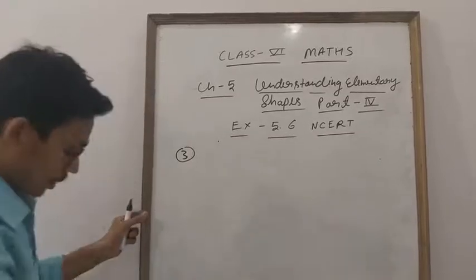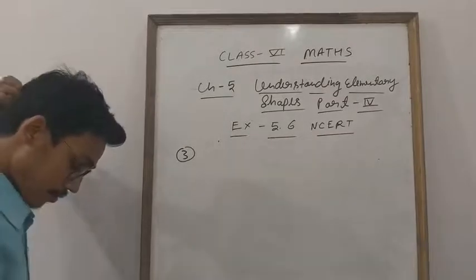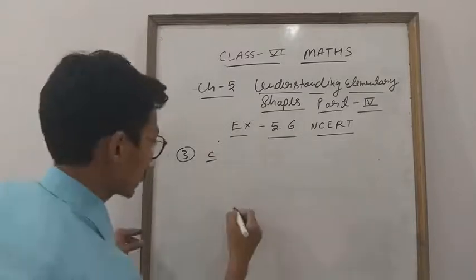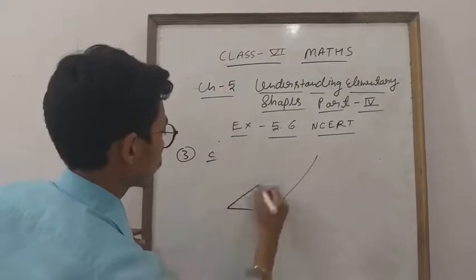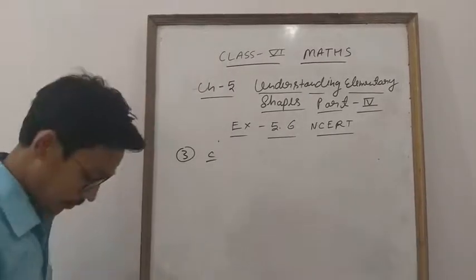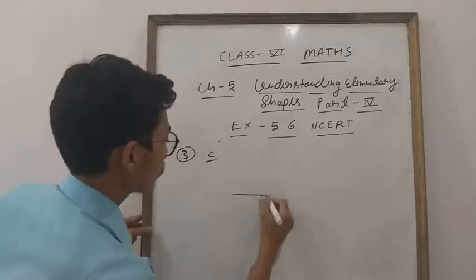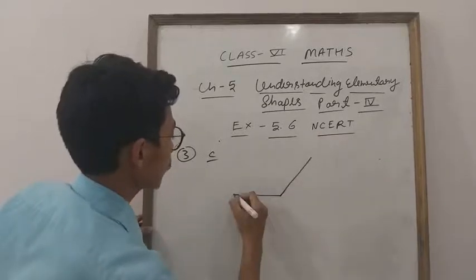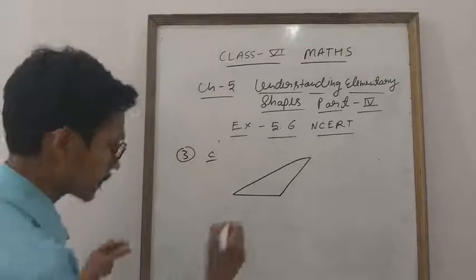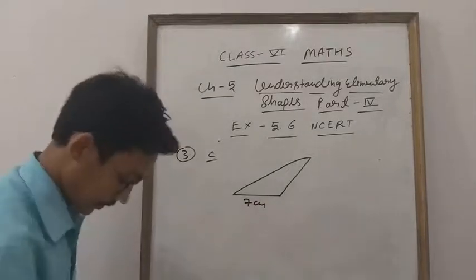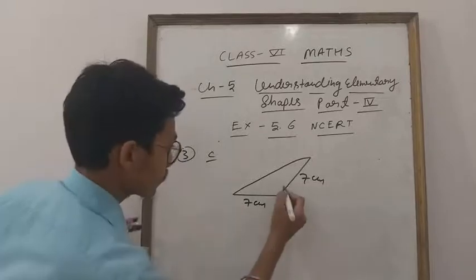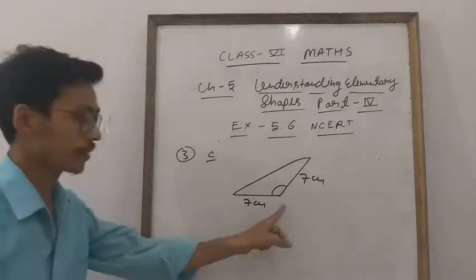Let us assume the third question that I am going to tell. Okay? See, this is your diagram. When you see the diagram, you will observe which type of triangle is given. Okay everyone, this is 7 centimeter, this is also 7 centimeter, this is an angle. Now tell me this thing, what is this, student?